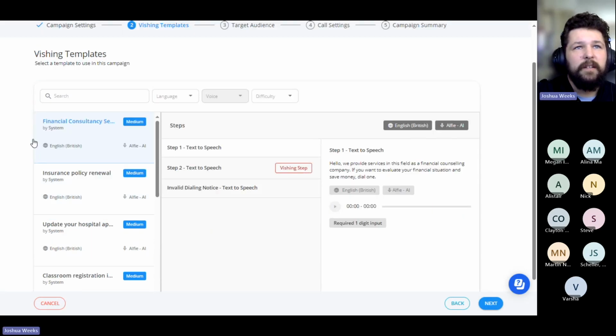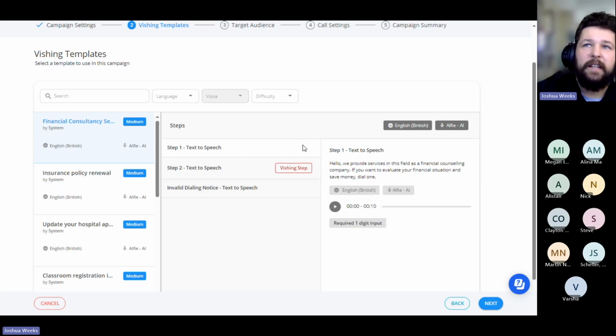We're going to go ahead and select our templates. Our templates are going to be built out in a series of steps. So as you see here, step 1, step 2, you'll see this highlighted red Vishing step. This is where we are going to consider the end user vished in our reporting. In a typical phishing situation, you're not considered vished just because you answer the phone. It's usually going to be when you give up that sensitive data.